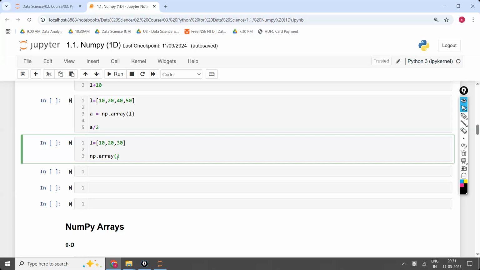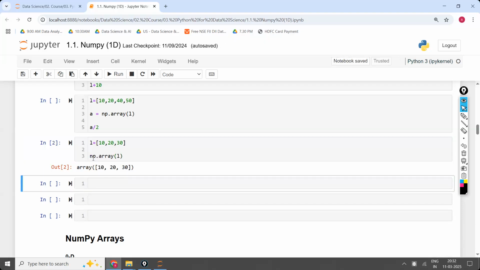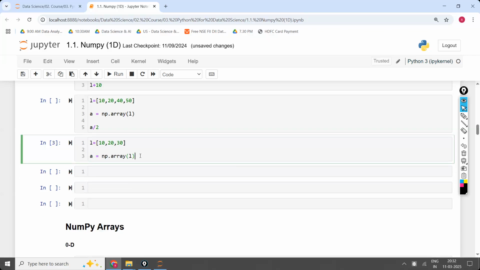Right? Now here I'm going to take the list. I'm converting this one as a list. A is equal to, you can store it in A. If you don't store it, it will just print. If you store it, it will be stored in A. It will create a new variable called A, and inside A it is going to store the value. And if you print A,